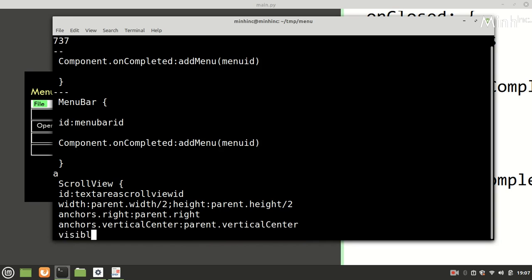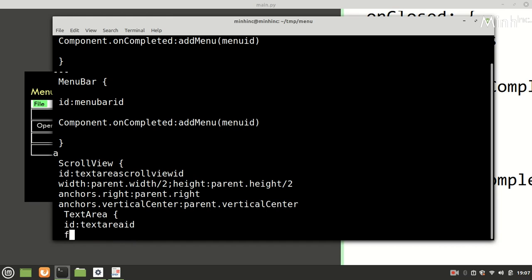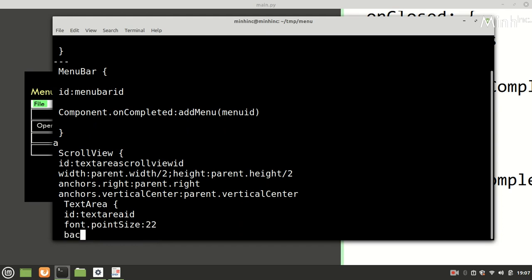Initially it won't be visible, so let it be visible. And now we'll have a text area. Point size 22. Background color is a rectangle, where color is E0, E0, E0.